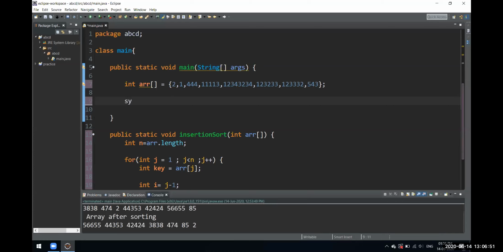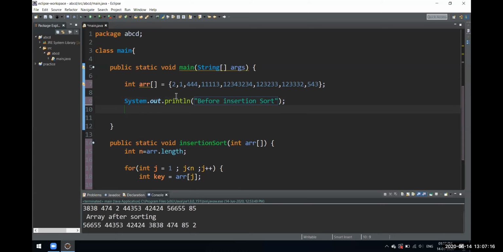So let's try printing before insertion sort, we'll just print the array as it is. We'll run a for loop over here, starting from the 0th index, so integer i.